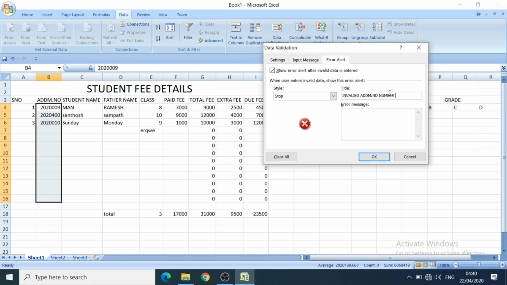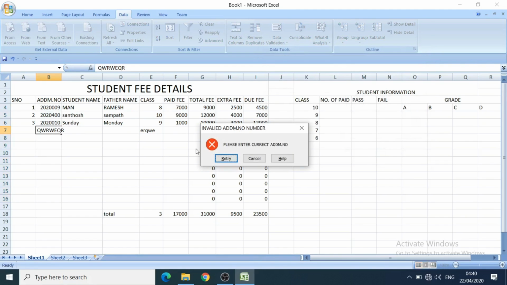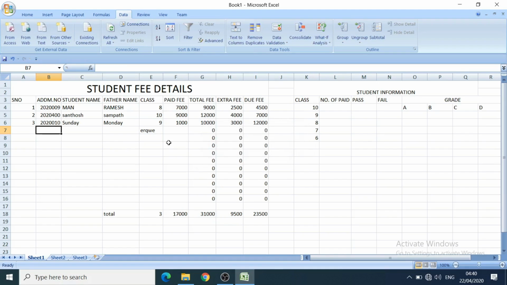Here, in the message, we have to display: Please enter correct admission number for student. Now you can see if I enter an invalid admission number, it shows: invalid admission number, please enter correct admission number. So like this it will be displayed.